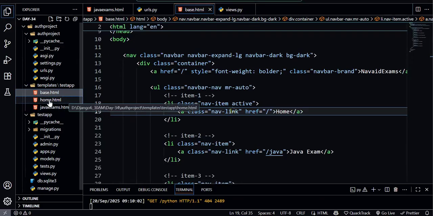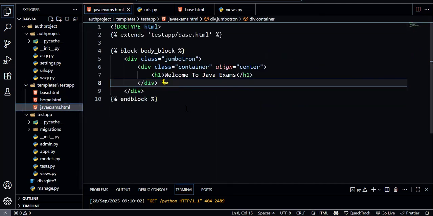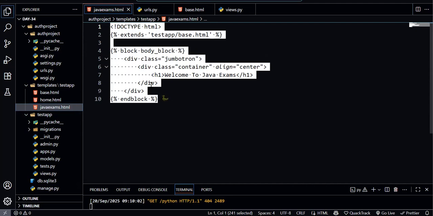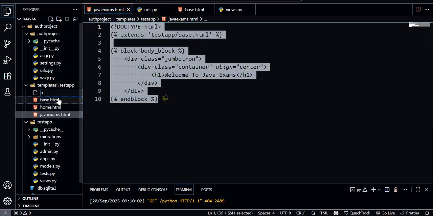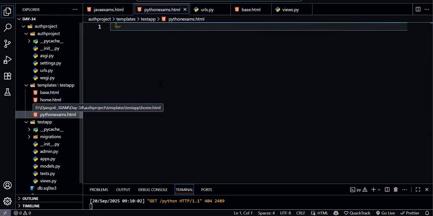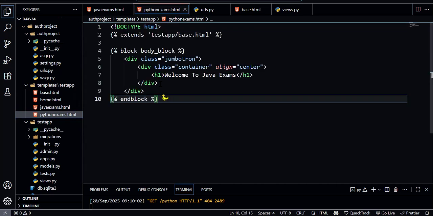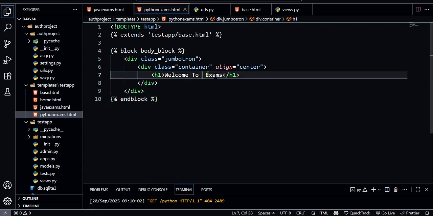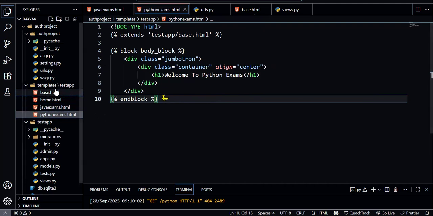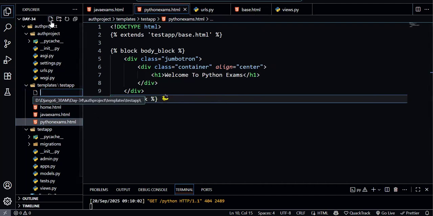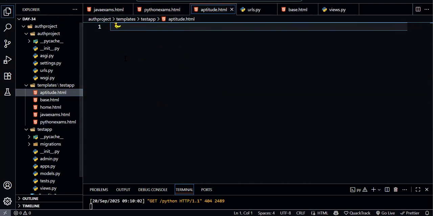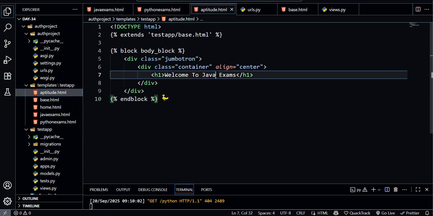In VS Code, we have the Java exam. Similarly, don't think much about it. Just copy the code, click on this and write here Python exam, actually exams.html, right? And here just paste the code. Everything we have discussed about it already. Instead of writing Java here, we can write Python. That's it. Similarly, I can create the aptitude page. So how to create? We will write aptitude.html and here we can paste. Now the page name is